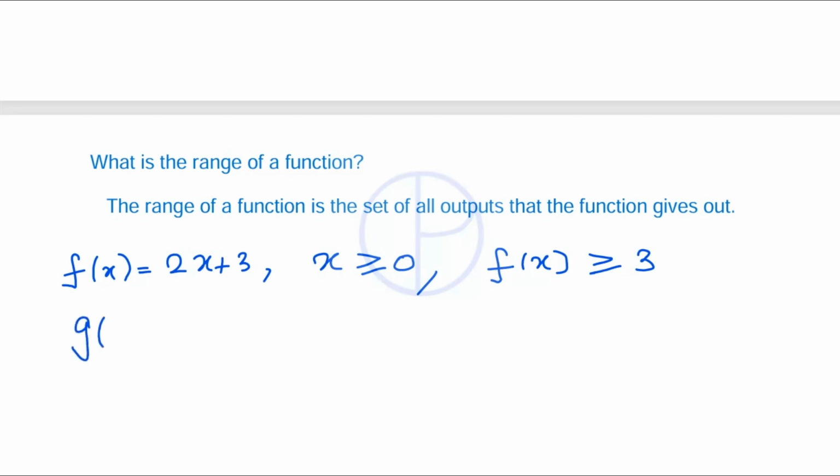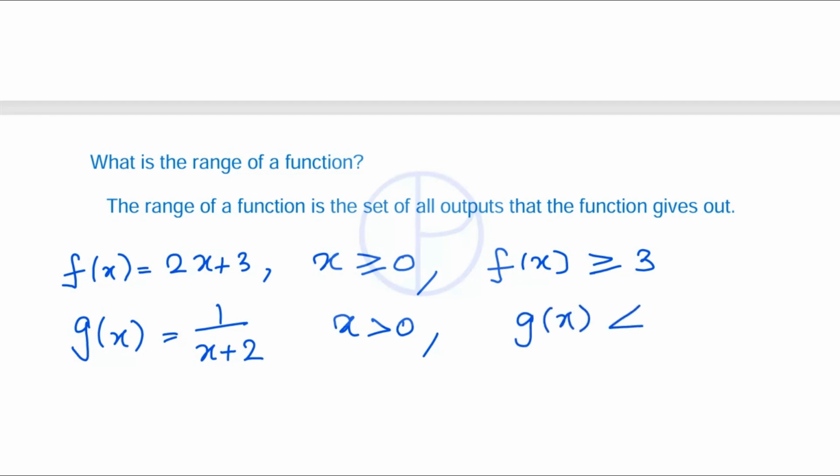Let's consider another function g of x equal to 1 over x plus 2 with domain x greater than 0. So first plug in the value of x as 0, you will get 1 over 2. Okay, since x is in the denominator, whatever higher value you give for x, you will be getting a lower value for g of x. So g of x will be less than 1 over 2. This is the range of this function. Okay,